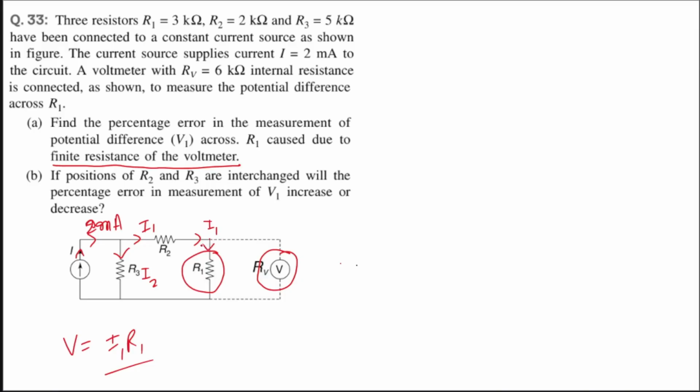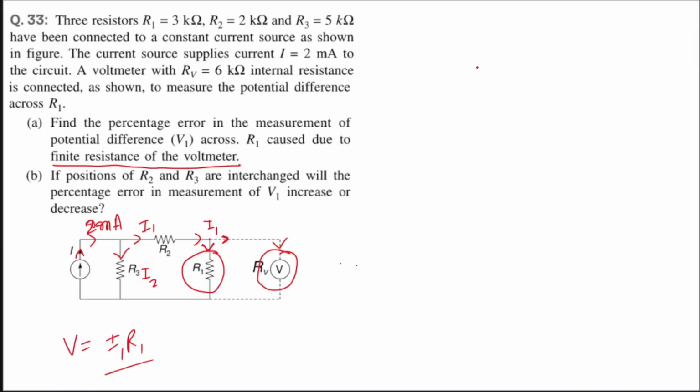So the total value of I1 will not go this way, something will go this way, maybe microampere, something like that. But something will go, right? So some percentage of current will go in this branch also. And if the resistances are comparable, like here the value of RV is 6 kilo ohm, R1 is 3 kilo ohm, right? So both are in the range of kilo ohm, so they are quite comparable, and in this case this I1 will quite significantly get divided or transferred towards this voltmeter branch, right? So because of the introduction of the voltmeter over here, the potential drop across R1 would be different.